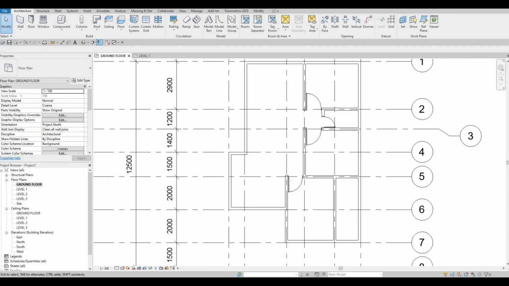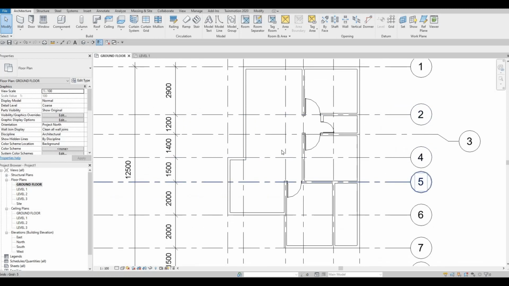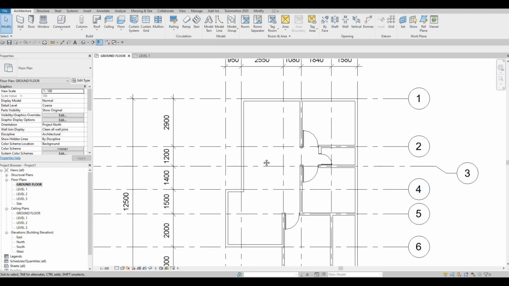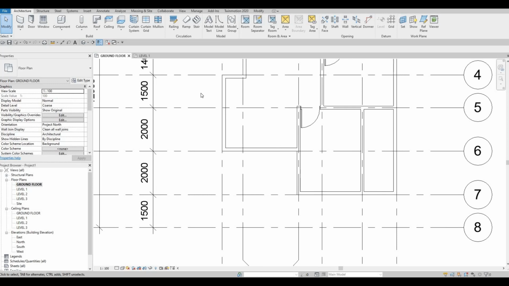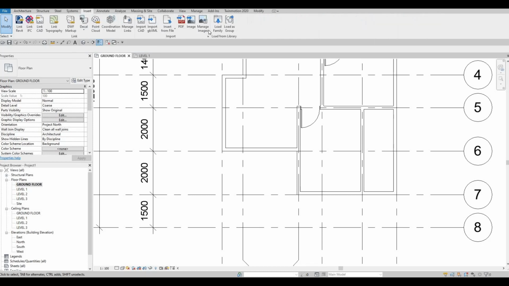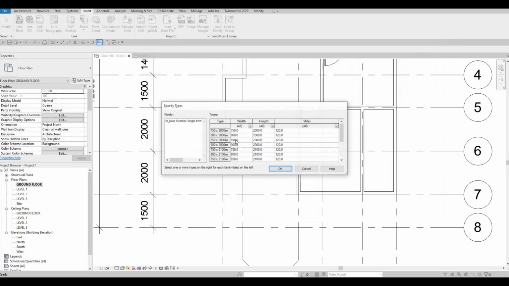So now the next thing we're gonna do is add in a different door for the main entrance. And then here we're gonna go back to insert, load family, and let's use a single exterior door. I'm gonna choose this and then click on open,